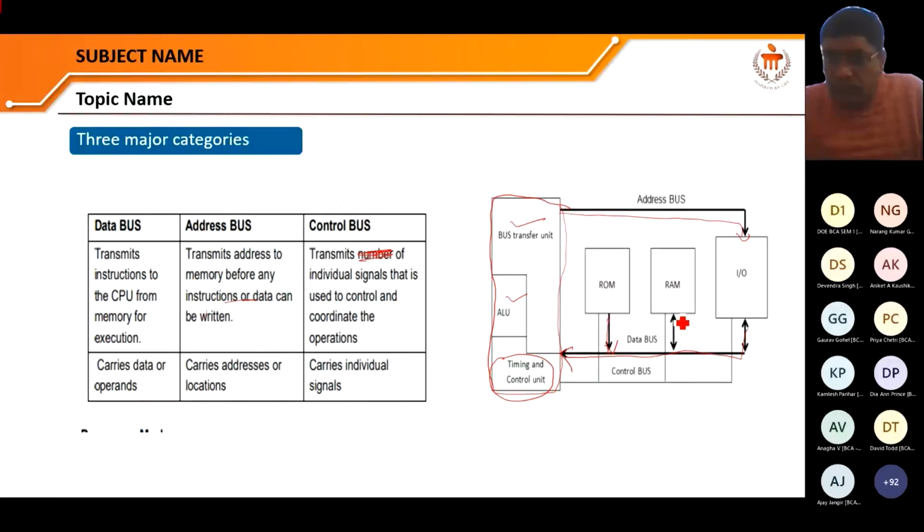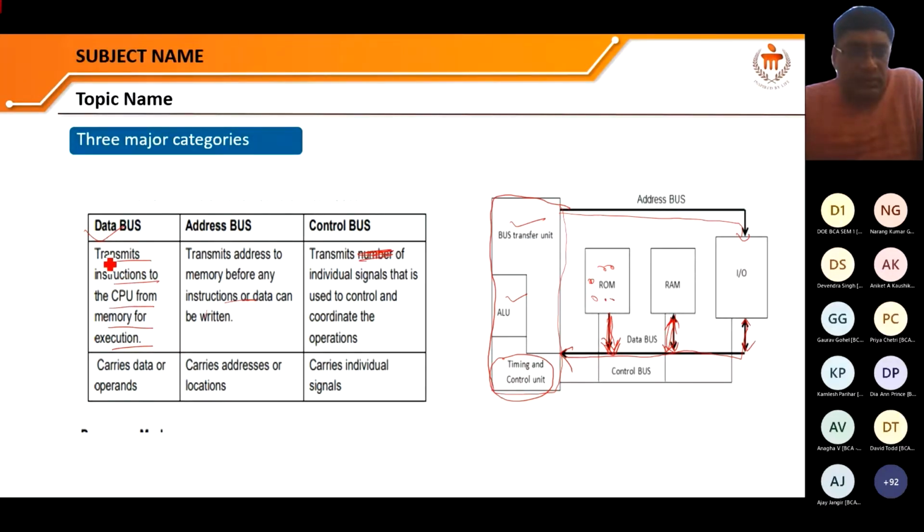Here is a one-sided arrow, because we are always only taking information from ROM, read only memory. Here we store the data permanently, so we can't store new data at that place. In RAM we can both take and put, so we see a double-sided arrow, and also with input and output devices we can take and give information. So what is going on here? Transmitting the instruction to the CPU from memory for execution is done by the data buses.